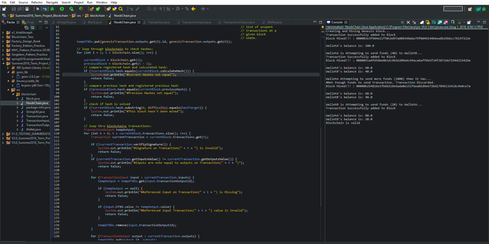And it keeps going. Here we created a new wallet called wallet A, and it's going to attempt to send, it has 100 balance. It's going to attempt to send 40 to wallet B. It checks that, and it has sufficient funds. Here we have other transactions. Here it's insufficient funds, so it's cancelled. And the last one from B to A, it has sufficient